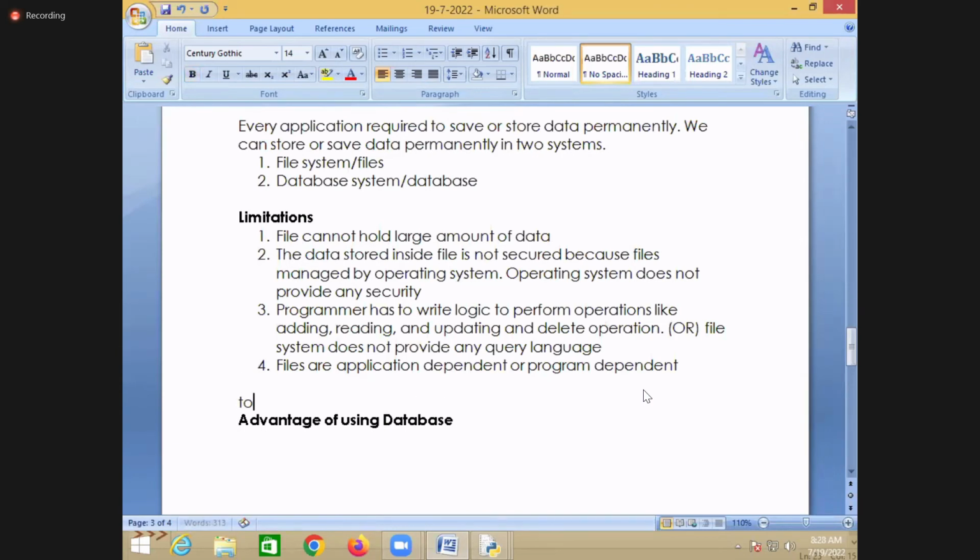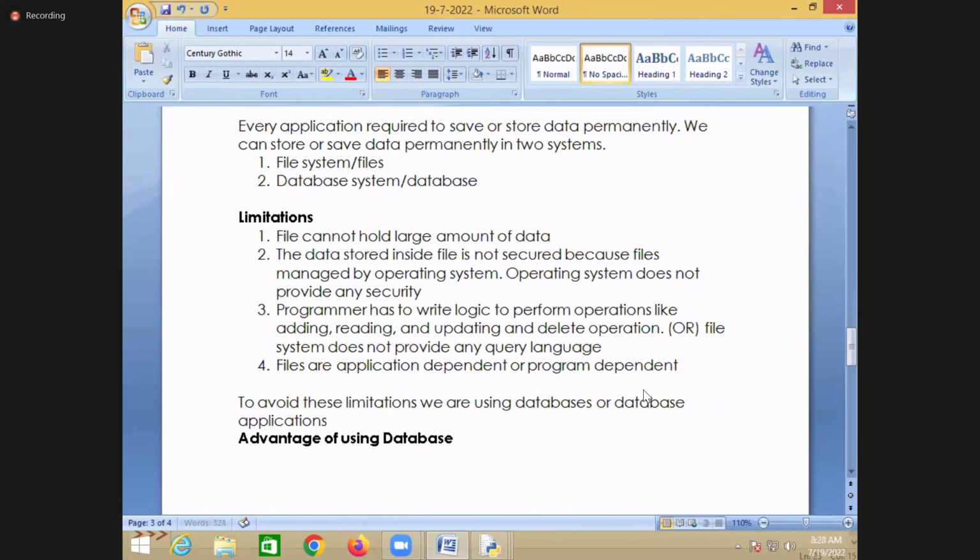To avoid these limitations, we are using databases or database applications for storing data.